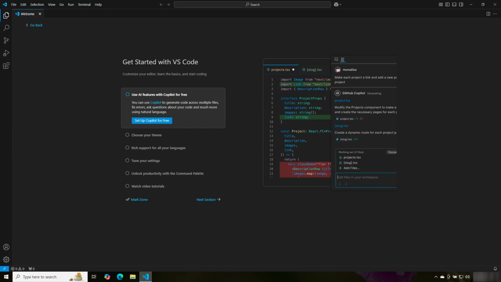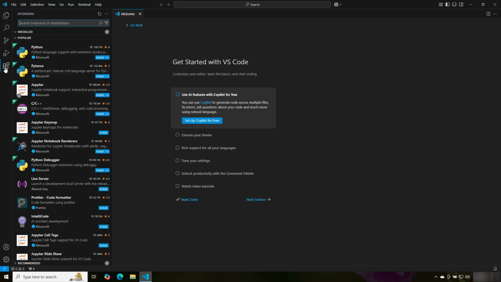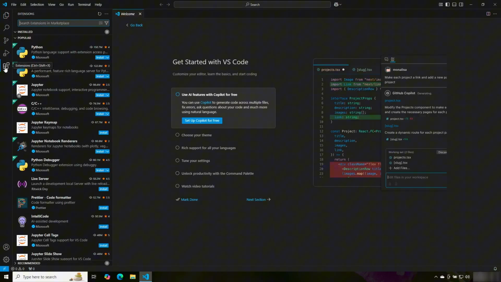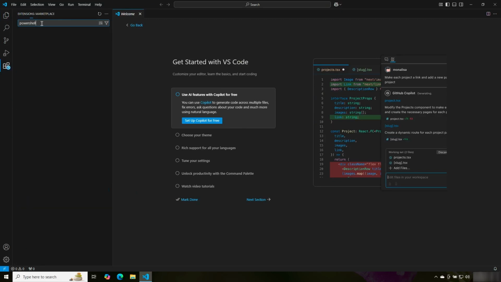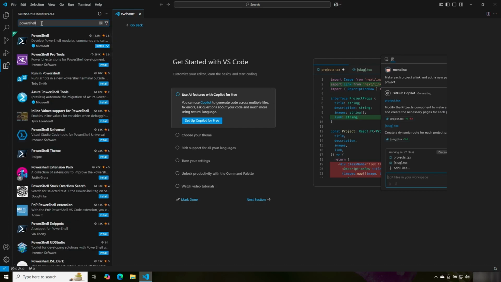So once you're in VS Code, on the left side, you will see this icon here. Looks like four little blocks. If you click on that, basically it's extensions. And if you do a search for PowerShell,